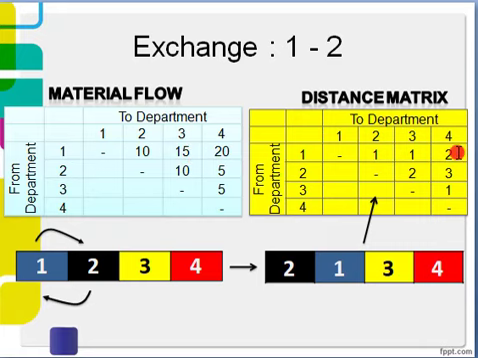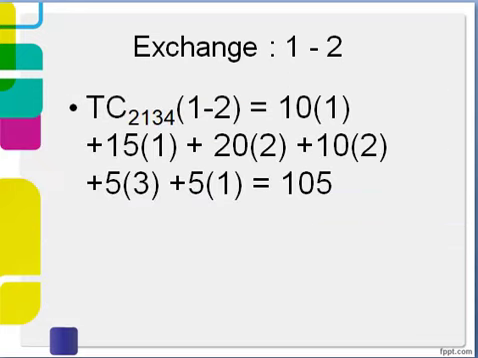times 2 plus 10 times 2 plus 5 times 3, and the last is 5 times 1. So just add up, and then we got 105, and the total cost based on this new layout is 105. Okay, now let's keep it as a new total cost for former iterations,